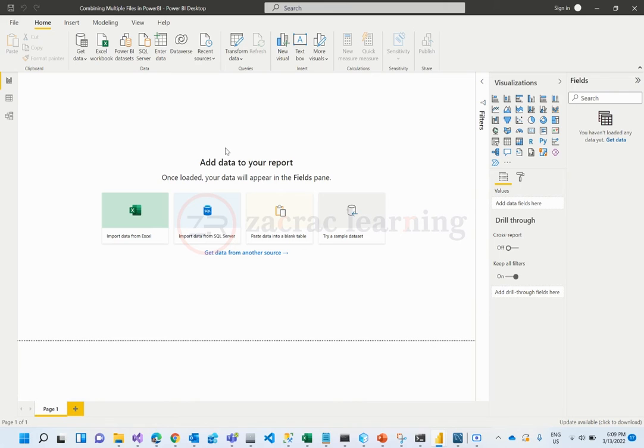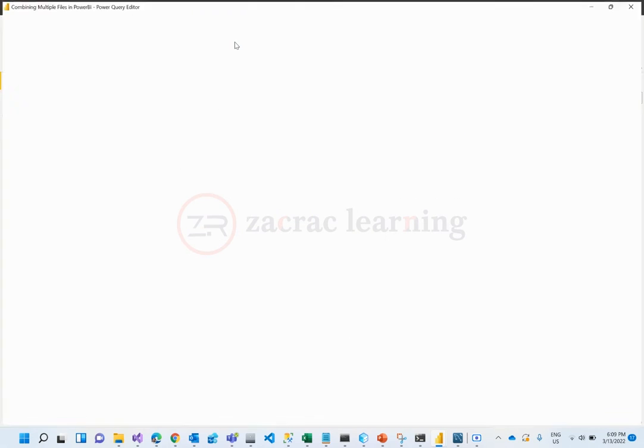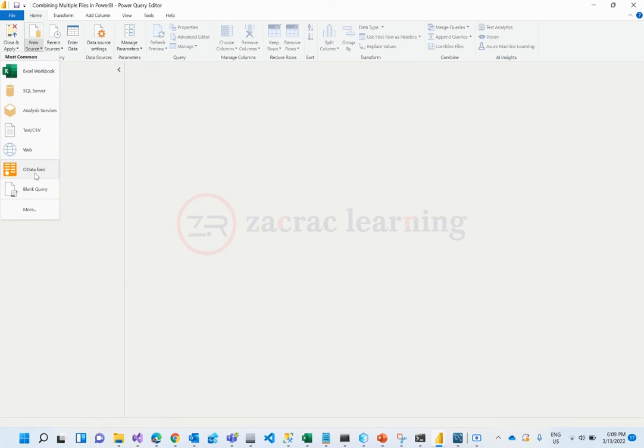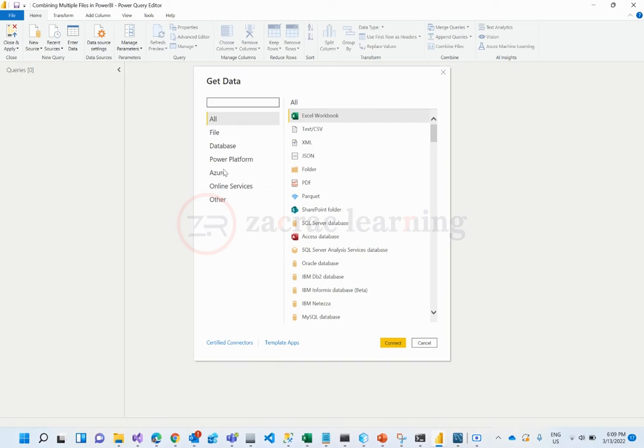So let's get started. I'm going to click on transform data. I'm going to do everything in Power Query, so we can understand what's happening here. To do that, I first need to import my data. So I'm going to click on new source and I'm going to click on more here. It's just going to show me the list of where I can import data that Power BI supports. I'm just going to click on folder. So I'm connecting to folder. Click on connect,